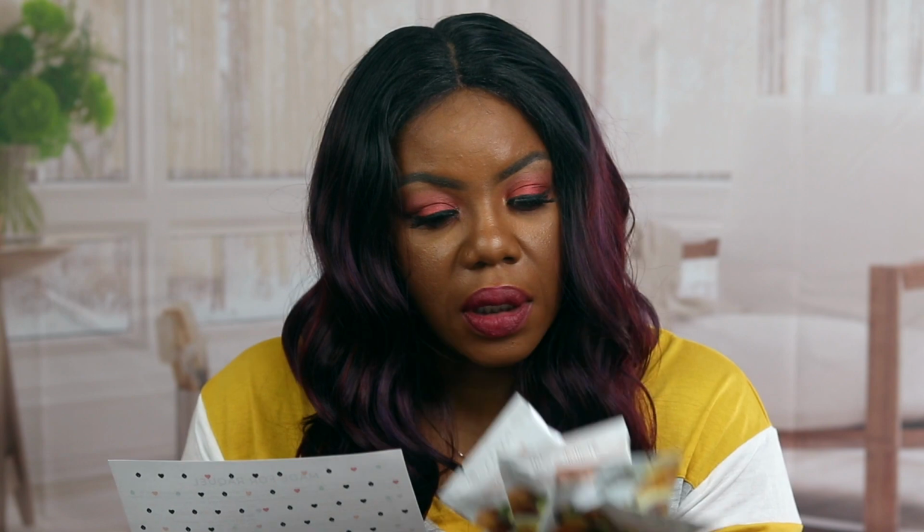Oh, this smells good. The ginger and the peach. Okay, maybe this is going to be my first tea sample, but yeah, I got 4 of them,